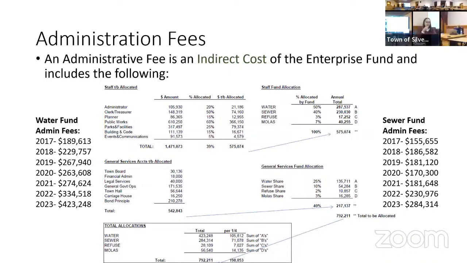And I would argue that that's the cost of doing business. Our salaries will increase. Inflation will increase. Oh, absolutely. So all of this will increase, but is it still relevant to have parks and facilities allocated at 25%? Is it still relevant to have the bond principal, which carries our bond for Columbine Park, included in this as well? So those are some things to consider.